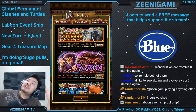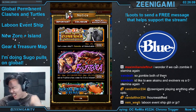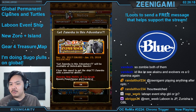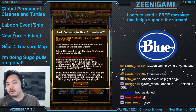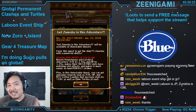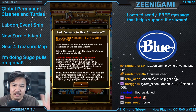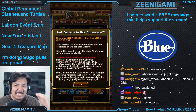We got a ton of One Piece Treasure Cruise news for New Year's and Christmas. On Global One Piece Treasure Cruise, we are getting the Zunisha ship. Zunisha ship is a powerhouse boosting ship. It is incredibly good. It will boost your attack by 1.55, boost your health by 1.25. It also makes tandem and recovery orb count as matching, which is incredibly good. That's basically like an entire character's special ability right there in your ship, and also makes perfects a lot easier